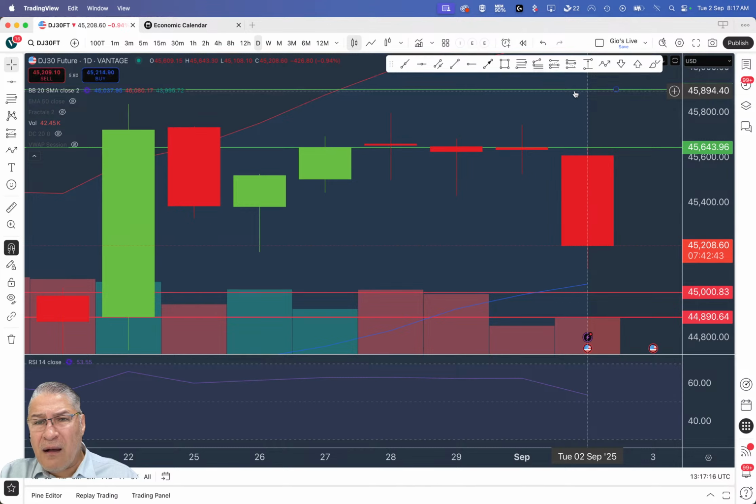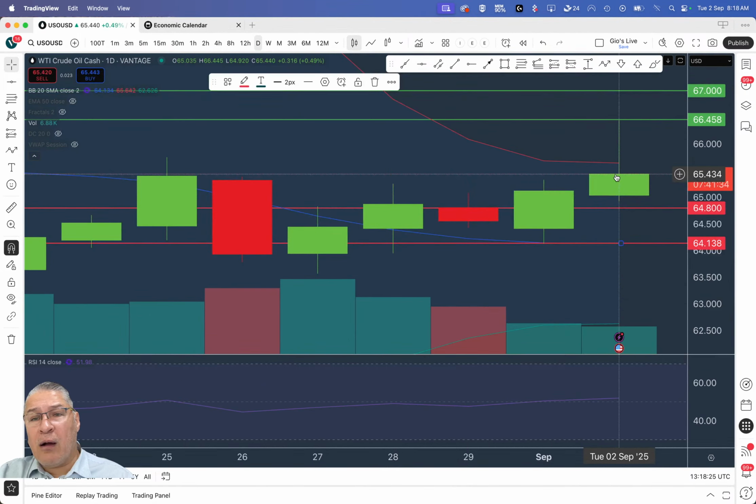So this could be profit taking. All right. So as we see that the Nasdaq continues to fluctuate lower, we may find that momentum to push to the upside on crude oil, because there is an inverted correlation between the two. Because we have momentum to the downside on the Nasdaq, I'm looking to go long on crude oil. So looking for buys, looking to buy crude oil, opportunities to enter long.